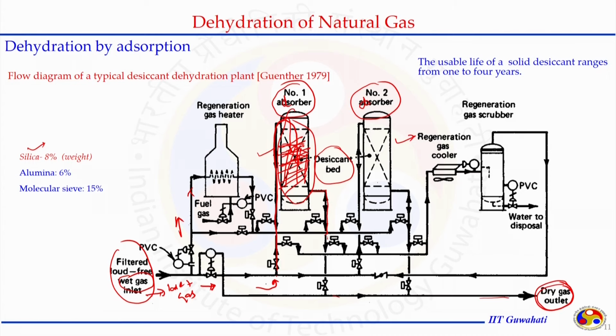In the regeneration process, what happens? Whatever water molecules or contamination in the natural gas adhere on the surface of the solid should get regenerated, so the tower can be used for the next cycle. We have to make the arrangement in such a manner that a part of the gas goes through a heating process, and the heated natural gas passes through the second tower, the regeneration tower, from bottom to top, and we are able to remove all the impurities.